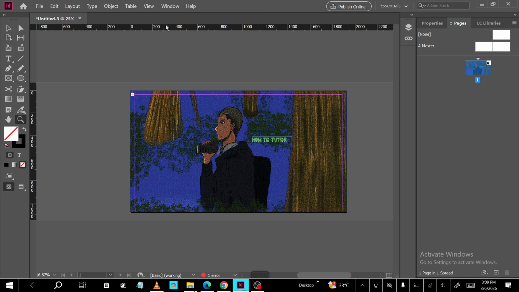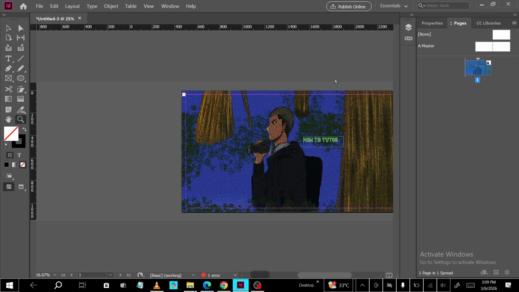Let's start by opening the Pages panel, since that's where you can clearly see and select the page you want to adjust. Look toward the top menu of your screen and go to Window, then choose Pages. When you click that, a panel will appear, usually on the right side of your workspace. This panel shows thumbnails of every page in your document, which makes it much easier to keep track of what